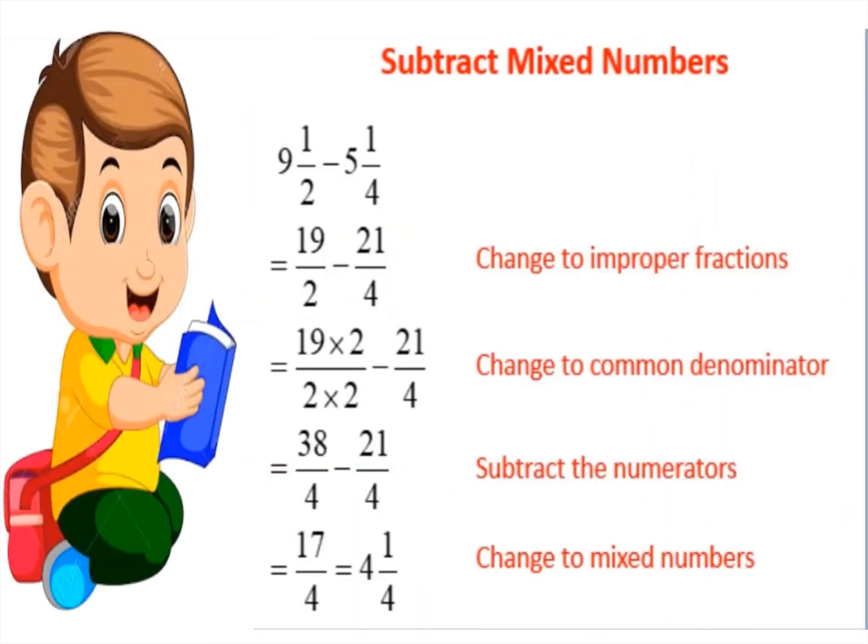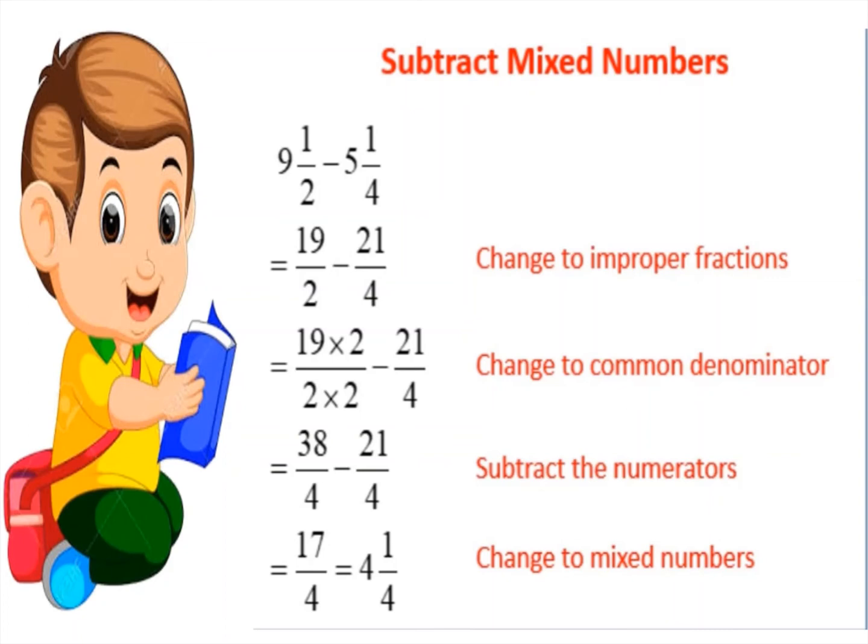Subtract mixed numbers. This is the same as adding mixed numbers. Only the signs are changed and we need to follow the signs. 9 and 1 upon 2 minus 5 and 1 upon 4. Firstly, we change to improper fractions, that is 19 upon 2 minus 21 upon 4. Then after we shall take a common denominator,